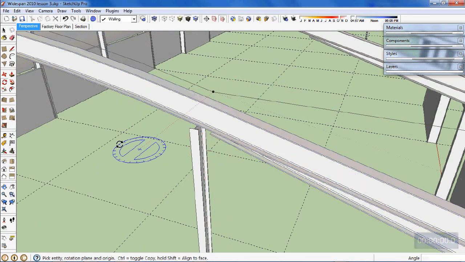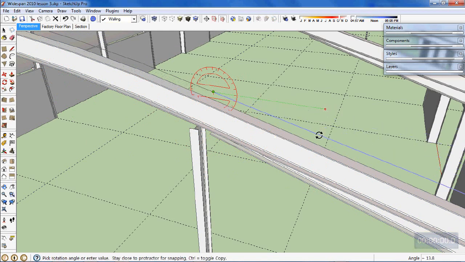Be careful what you selected. I need to select that line, which is what I want to rotate. Then I go to the rotate tool, hover on top of this face, press and hold the shift key, click the end point, and give it a starting direction, bring it down, and it's saying parallel to edge,